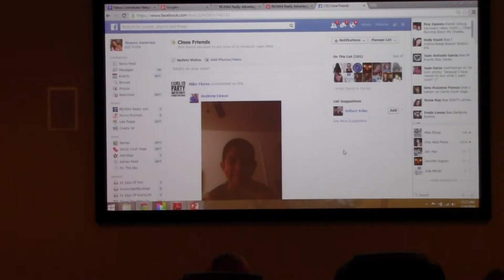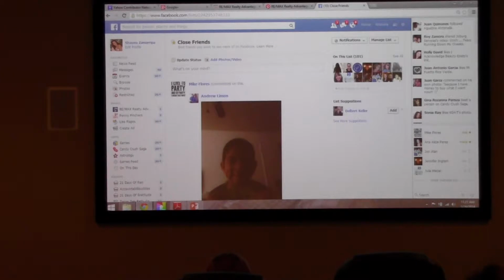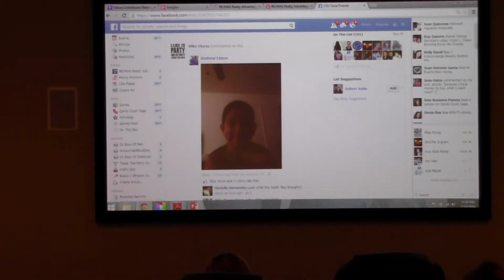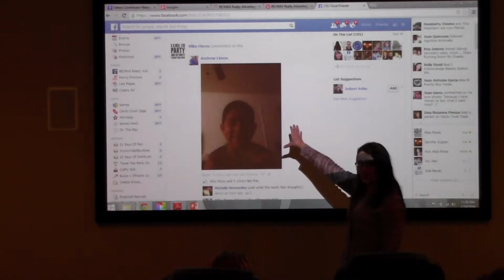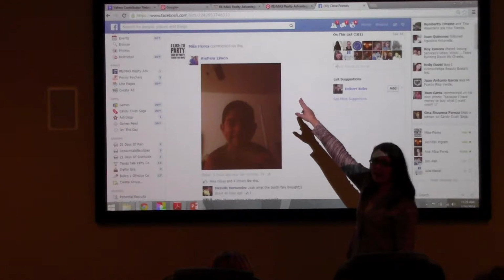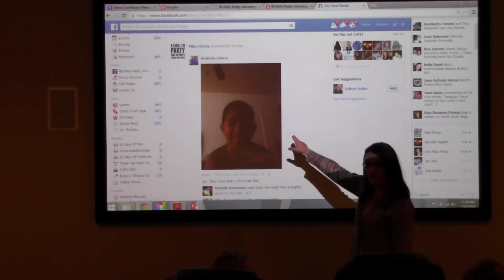It will give you list suggestions based on who you're interacting with most. But if there is someone specific that you want to add to this list, all you have to do is begin typing their name in this box and their profile will come up. You can add them to that list. But when I say stalk more effectively, this not only tells me what people are posting on this list, but also what my close friends are commenting on and liking.